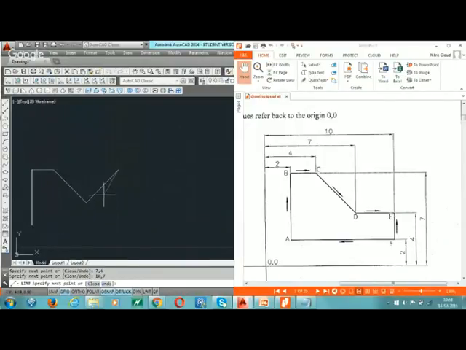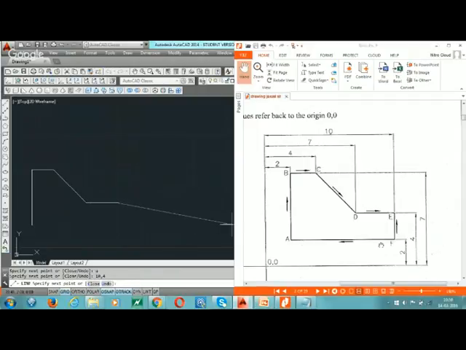Now I do a wrong exercise. Then use the undo command. You enter and undo. Our point is 4 and 10. Then 10, 4.